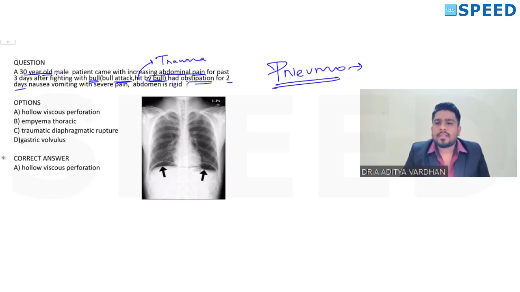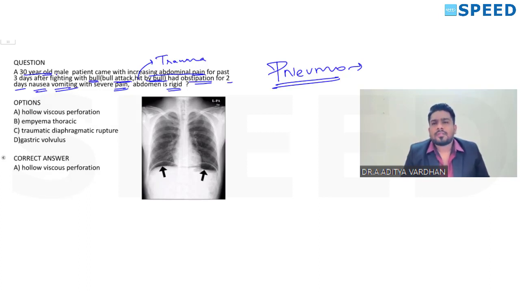And you must be clear with the term obstipation, which I will discuss with you in a later slide. You would have heard of constipation in your undergraduate days, but this is obstipation. It is like intractable constipation. Okay friends, I'll tell you. For 2 days he had nausea and vomiting with severe pain and the abdomen is appearing rigid. These are all the symptoms which are going towards